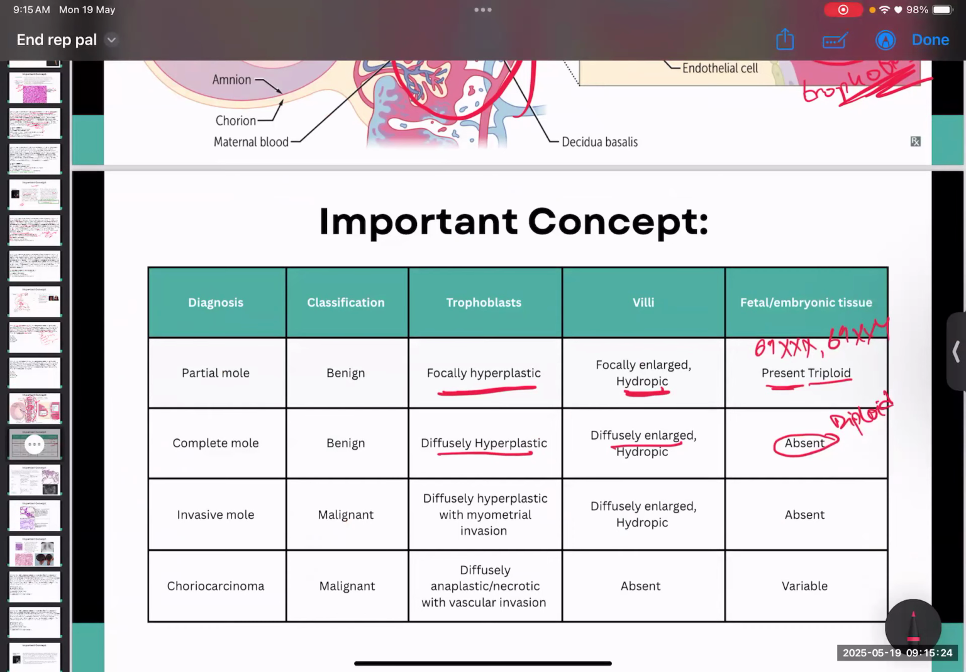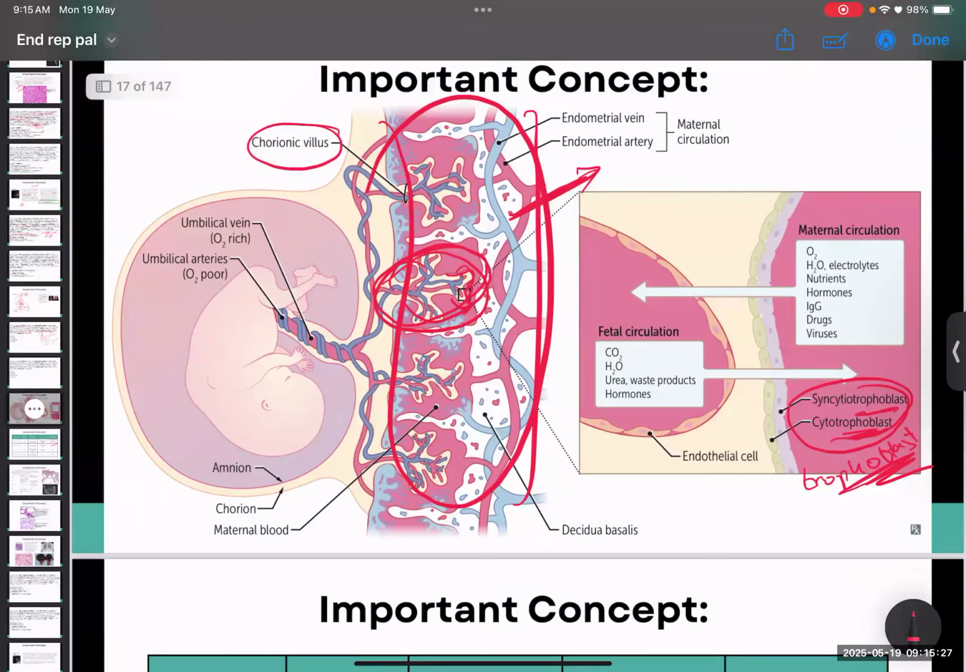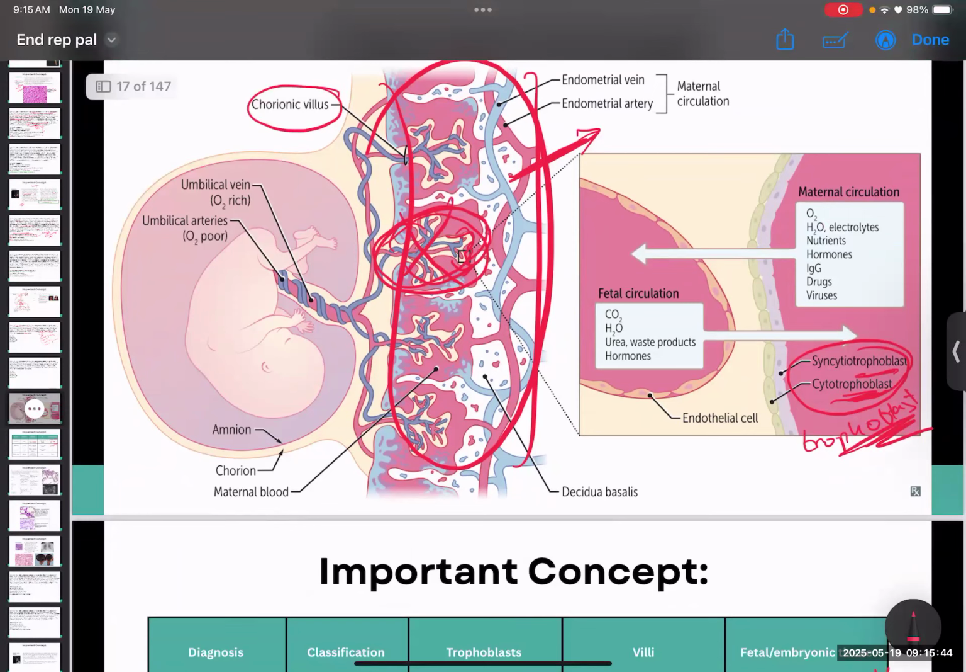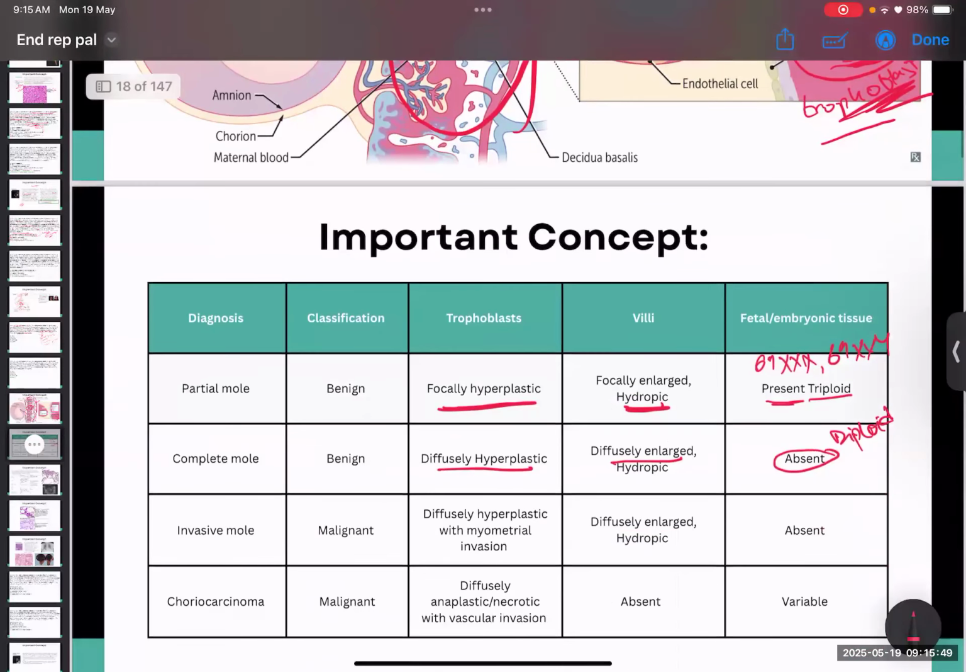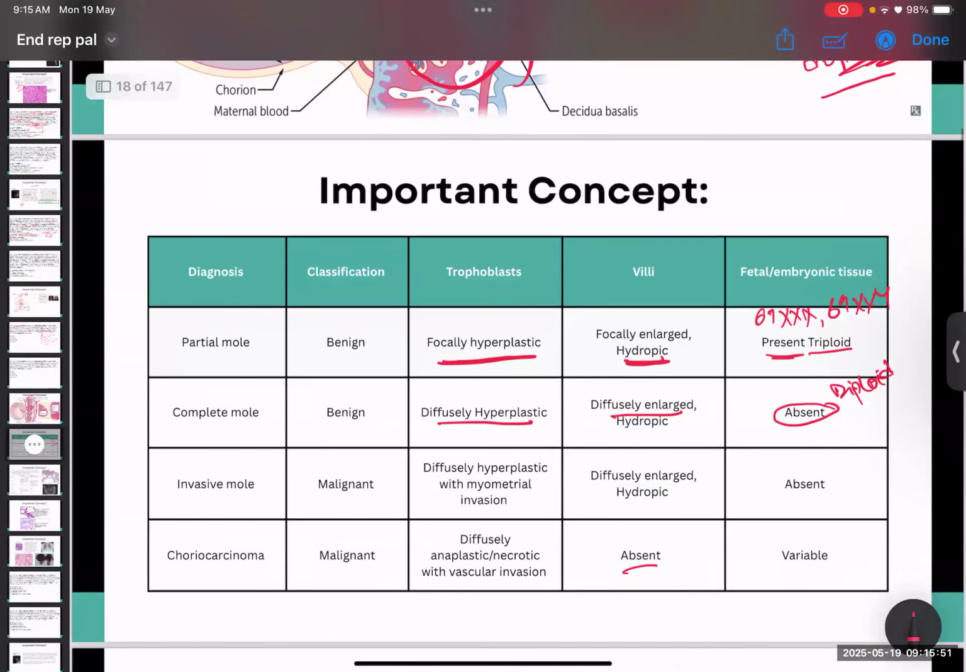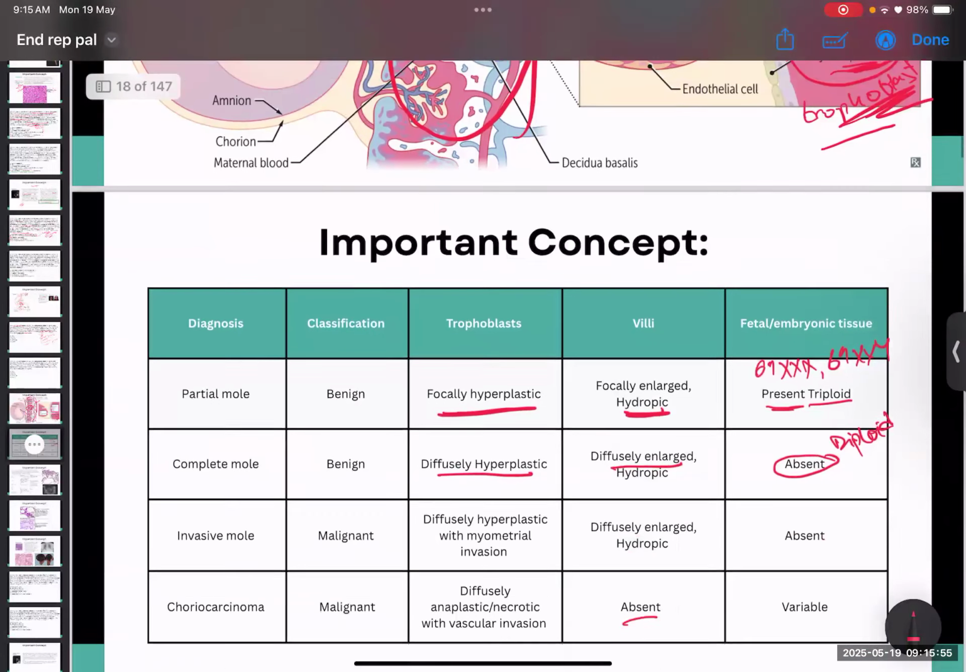With choriocarcinoma, you have all the trophoblasts being hyperplastic. However, they've progressed to atypia rather than hyperplasia. So when these trophoblasts become atypical, naturally you'll have a destruction of the villi. And so there's going to be no chorionic villi. There are going to be atypical trophoblasts, and now you have vascular invasion as well. Villi are going to be absent, and fetal tissue is kind of variable. So those were all our four